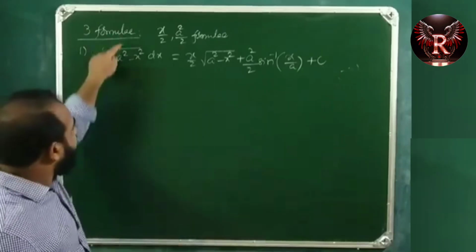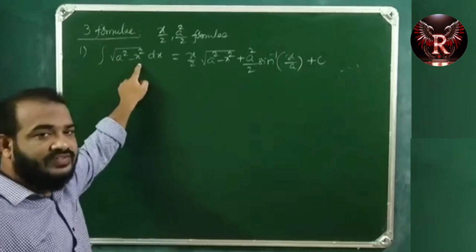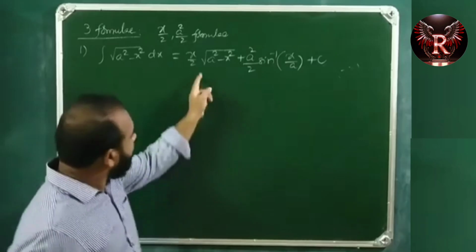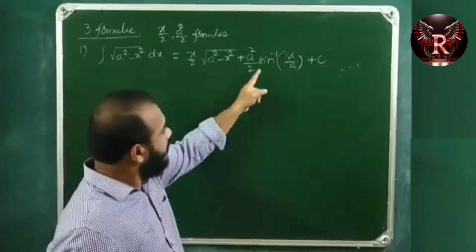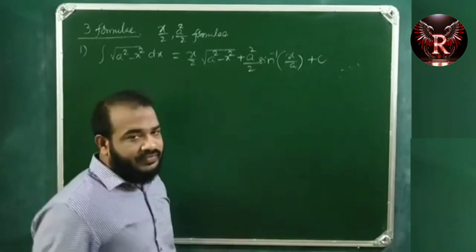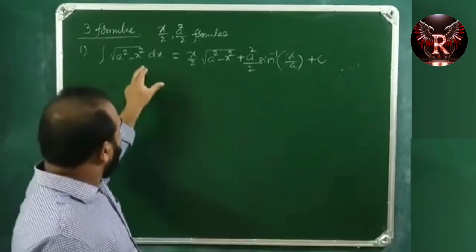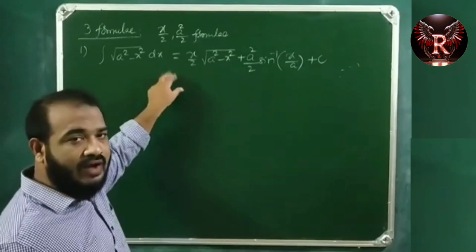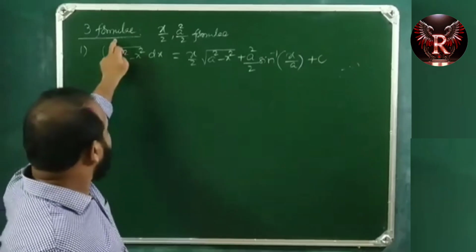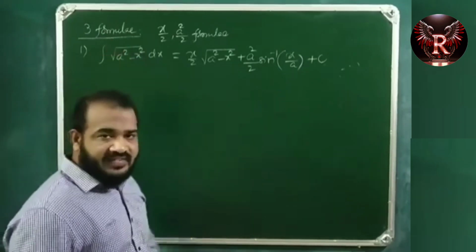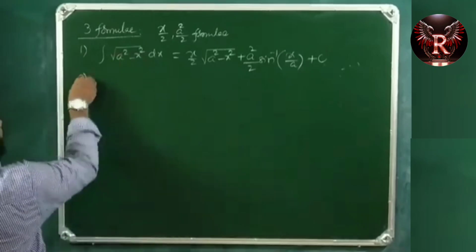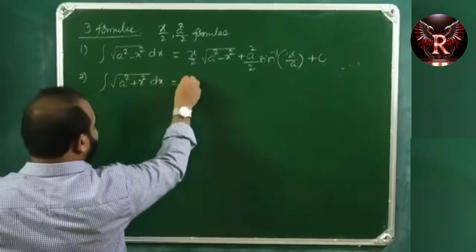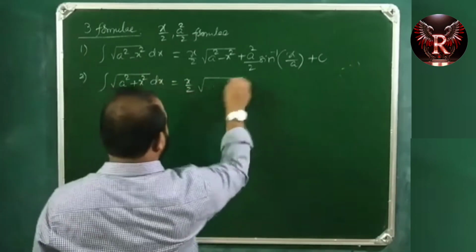Those are 1 by root a square minus x square, that is sine inverse x by a. But here this is root a square minus x square dx. This is x by 2 root of a square minus x square plus a square by 2 sine inverse x by a plus c. To be familiar with this formula, you have to be familiar with the integral 1 by root of a square minus x square dx. Second,